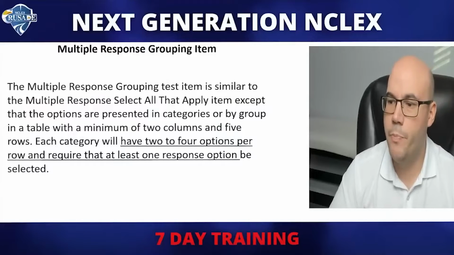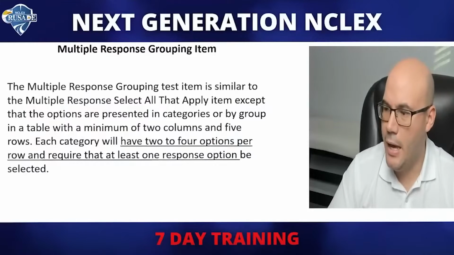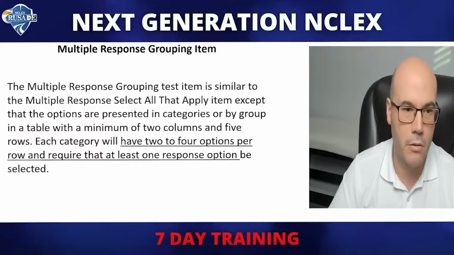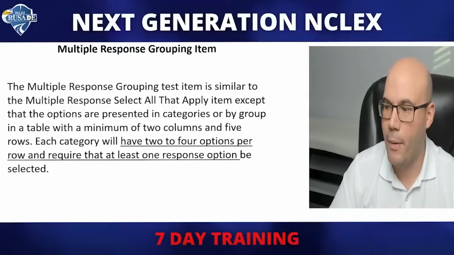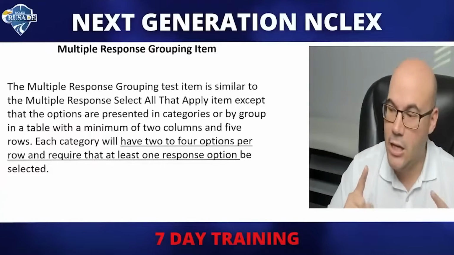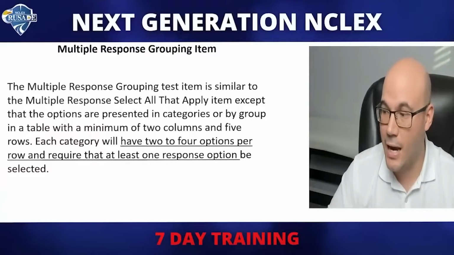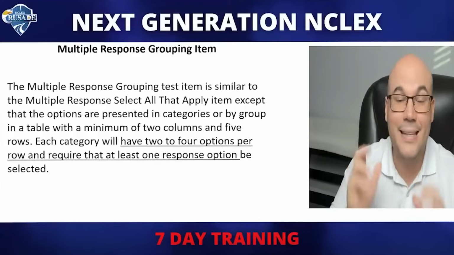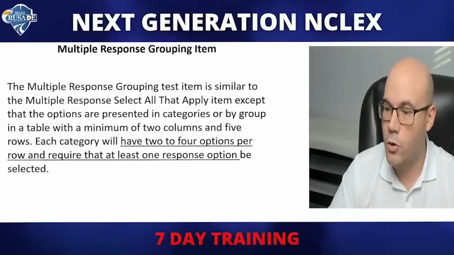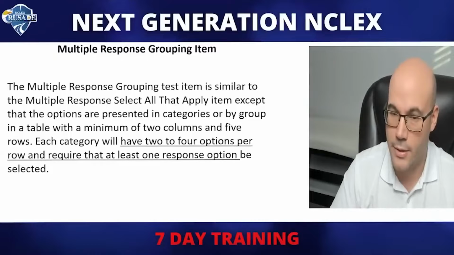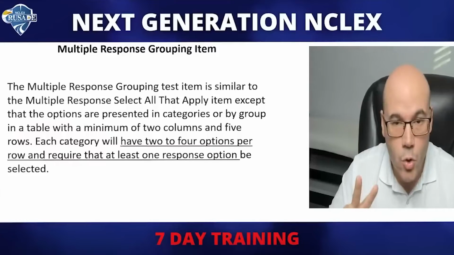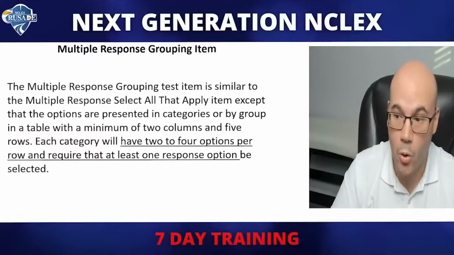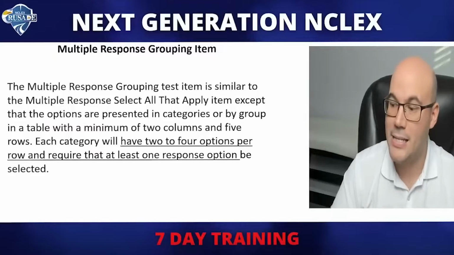The multiple response grouping item is very similar to the multiple response select all that apply item that we have already seen, except that the options are presented in categories or by group in a table with a minimum of 2 columns and 5 rows. Now, here's the difference. Each category will have 2 or 4 options per row and require that at least one